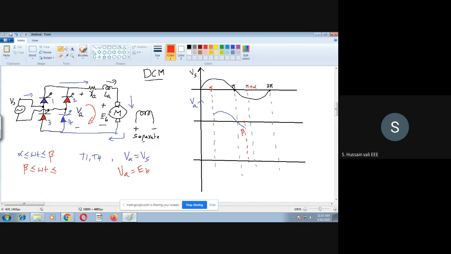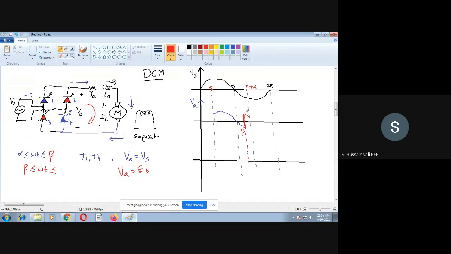So EB, once again I will draw the EB here. EB will be something like this. EB is a positive value, so it jumps to the positive axis. Then after that, this voltage decreases. Why it decreases is the same reason I gave you in the case of the semi converter, that EB depends upon the speed of the motor. Now the speed of the motor decreases. Why is the speed of the motor decreasing? Because the current in the motor has become 0, so the speed of the motor slowly decreases.